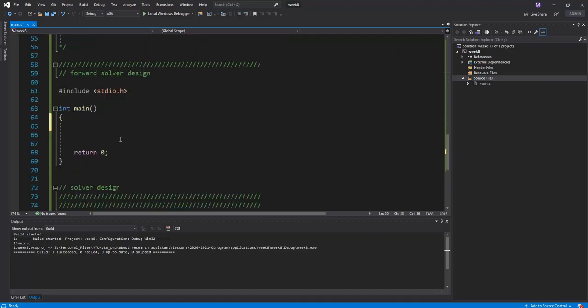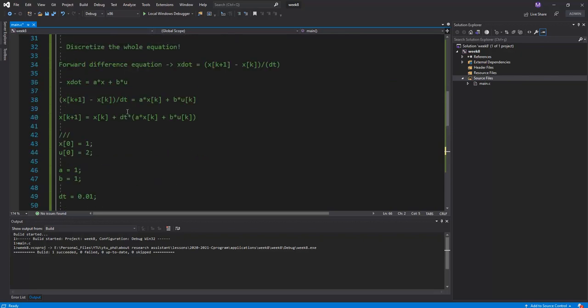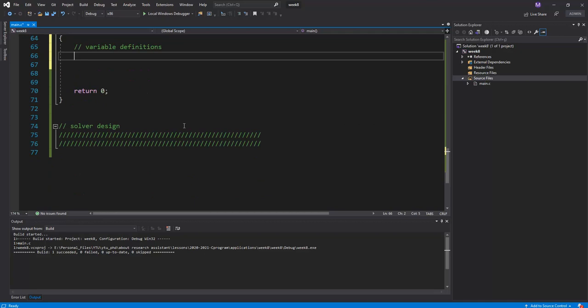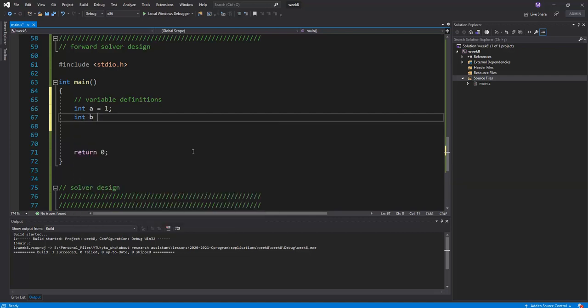Okay, and so we should describe the whole variables in here, the variable definition. Okay, and so what about the parameters in here, the A and B? Okay, and so int A is equal to 1, int B is equal to 1, and so